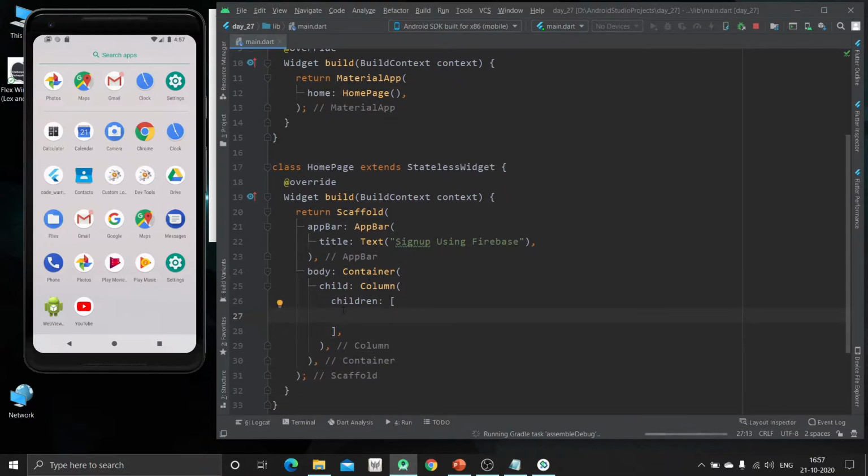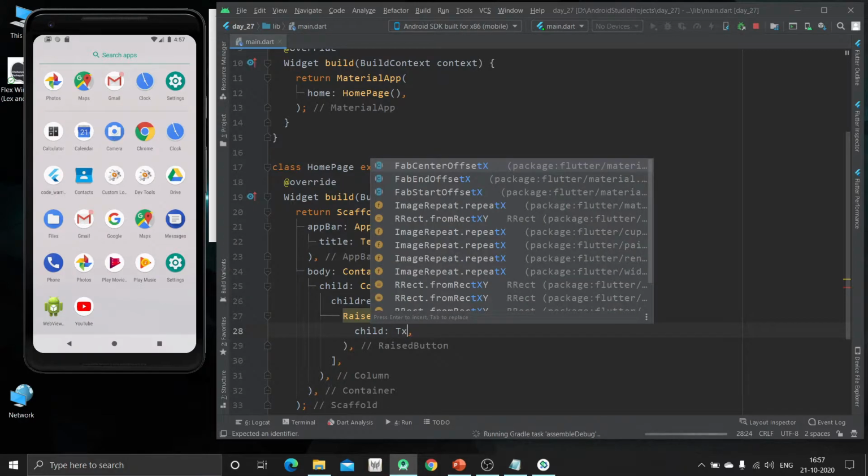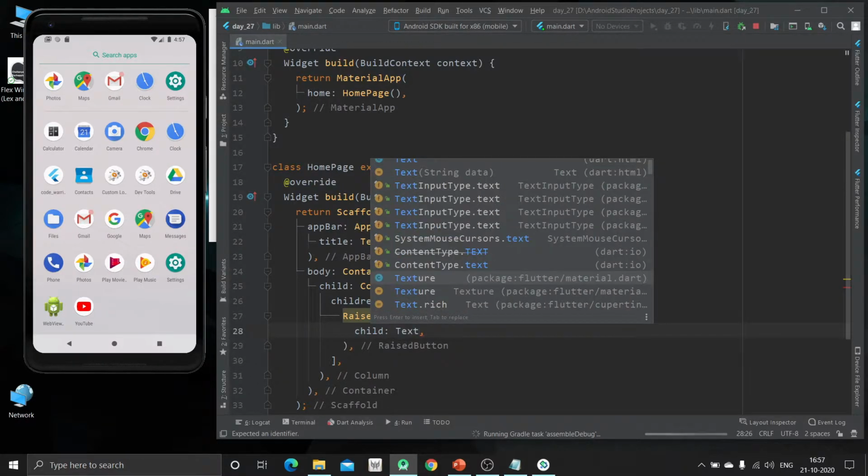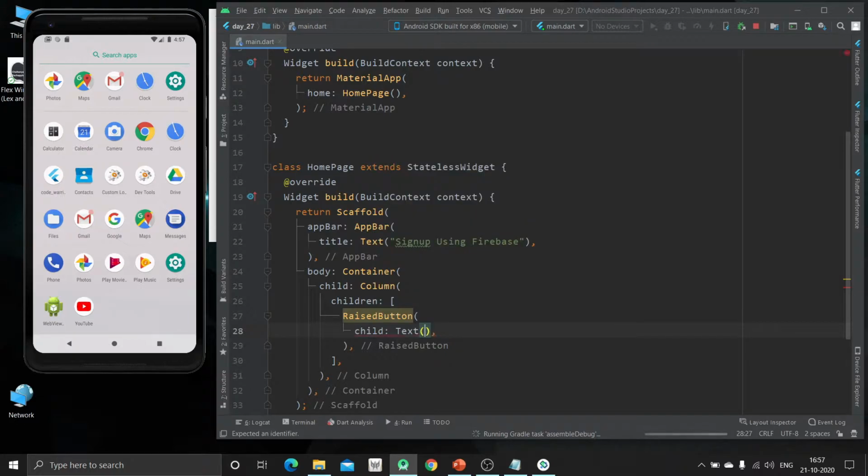That's why I've created the column widget. Now the first child will be one raised button, which will navigate us to the sign up page. So the child will be a text widget.